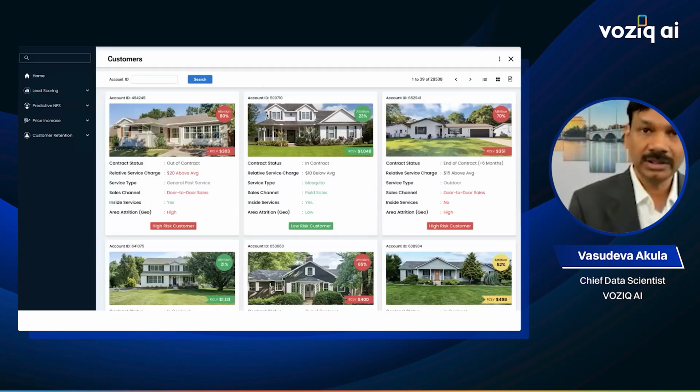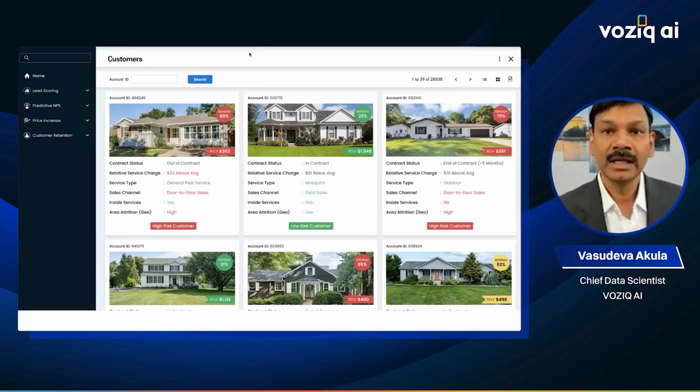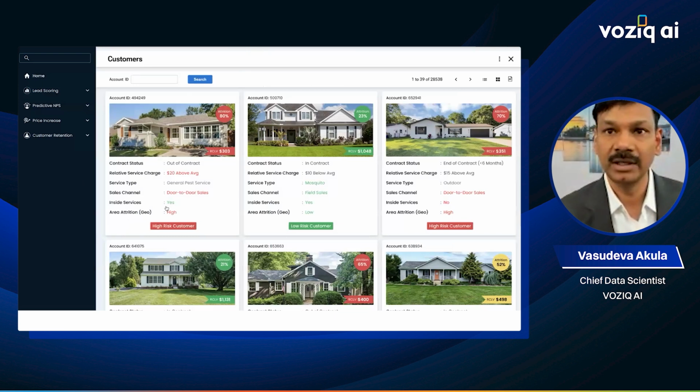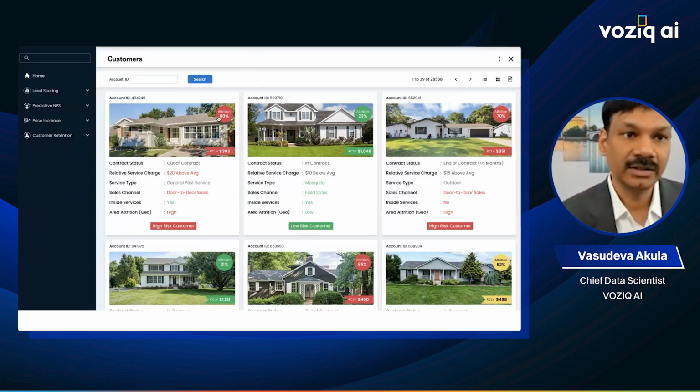This is running in the cloud. It's a demo application, right? So first we are plugged into the moment we have your service data, we're plugging into each of these homes. And I'll highlight a couple of data points. So what the model is saying is this customer is identified to iterate with 80% predicted attrition in the next